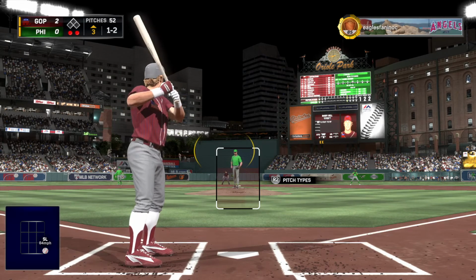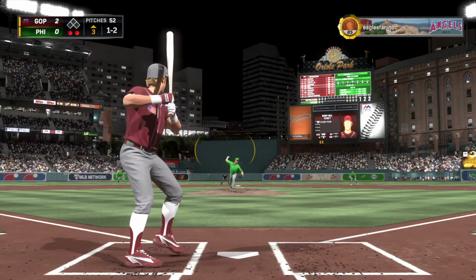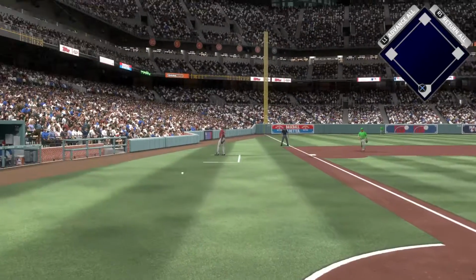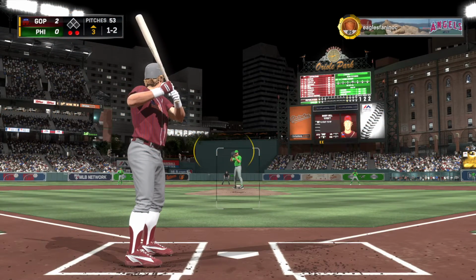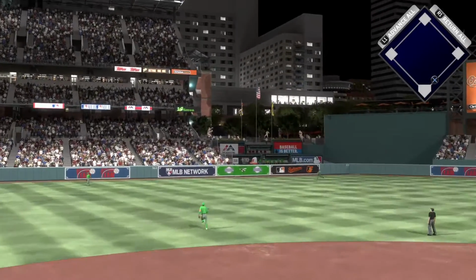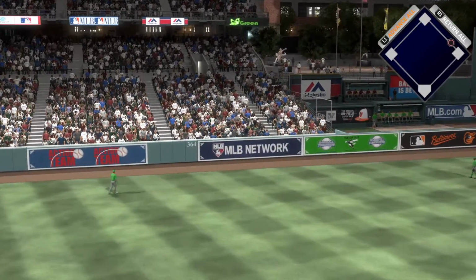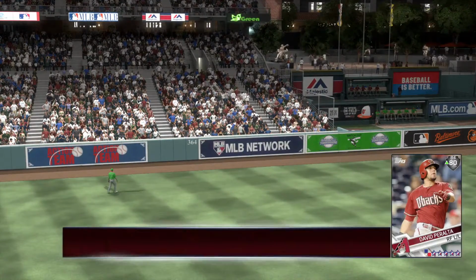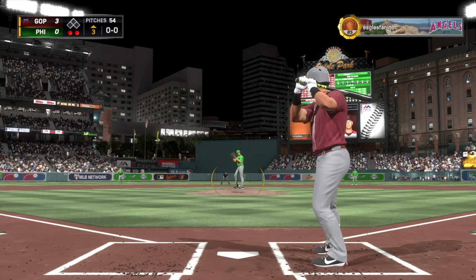Well, no surprise on that one. That's the classic slider down the way, trying to get him to chase on that 0-2 pitch. Good job to spoil that one away, and he stays alive. There's a swing and a high drive into left center field. Gordon going back to the track, to the wall. Gone! You got to be kidding me. Back-to-back home